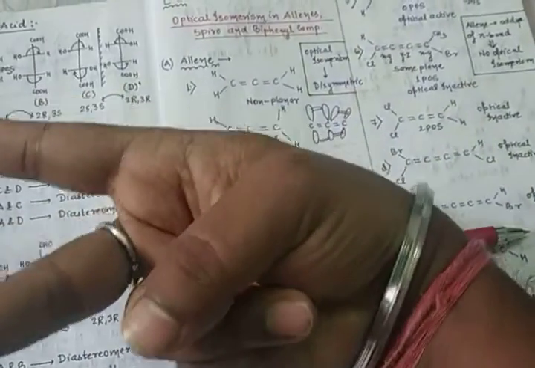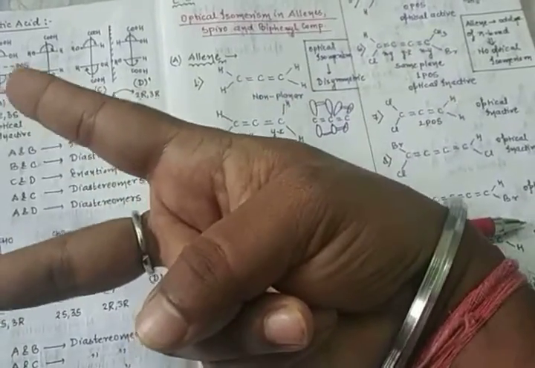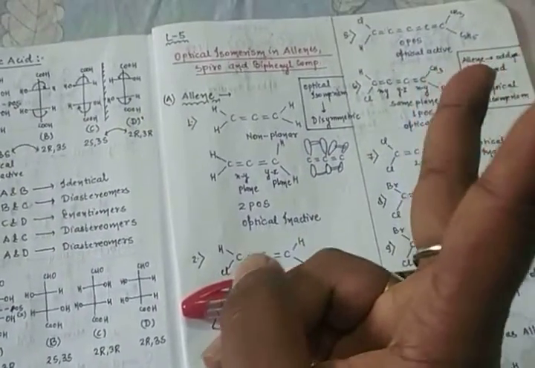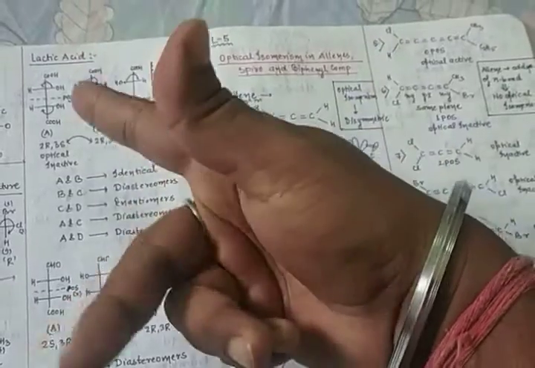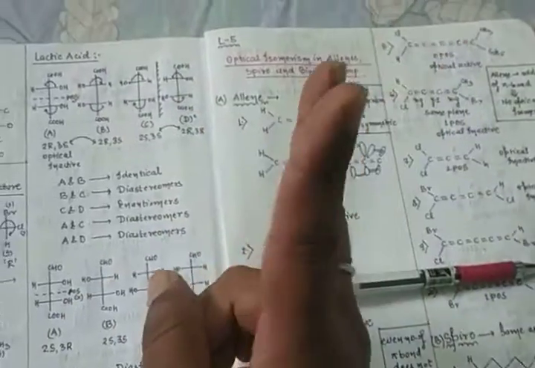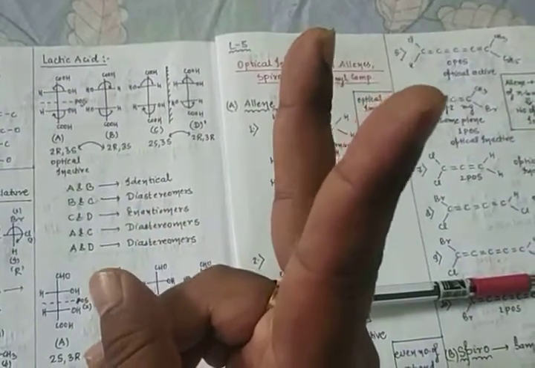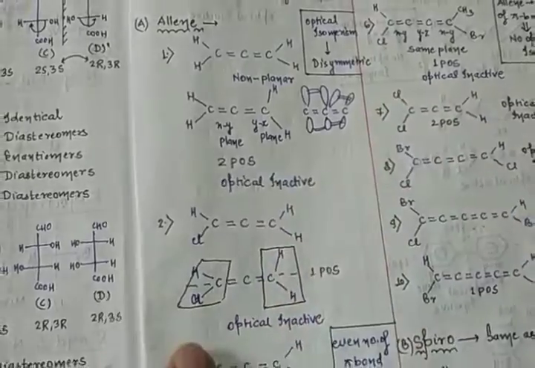Look, you cut from that side. This is the xy plane and this is the yz plane. In the xy plane there are two substituents like this, and in the yz plane there are two substituents like this. So you cut from the mid side, there is one hydrogen on the top side and one hydrogen on the back side. The similar group is there, it means there is 100% a plane of symmetry. Again you cut from the mid side, again one hydrogen and one hydrogen, a similar group. So again there is a plane of symmetry, there are two planes of symmetry, it means optically inactive.